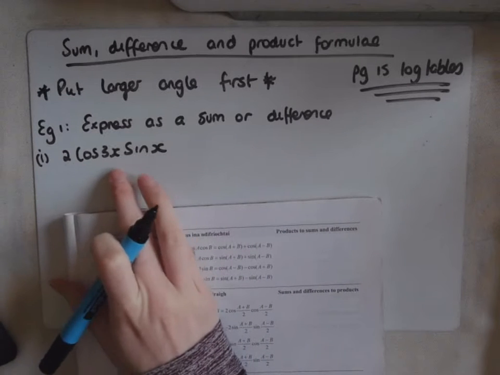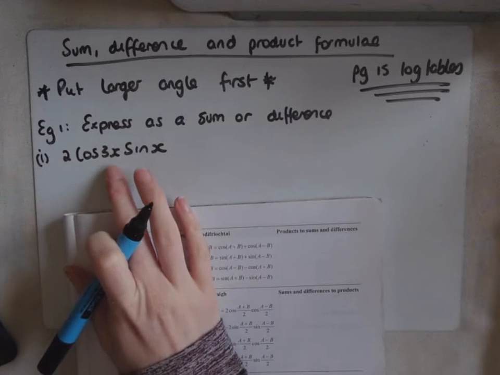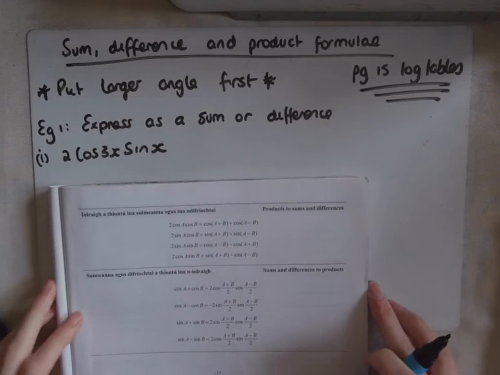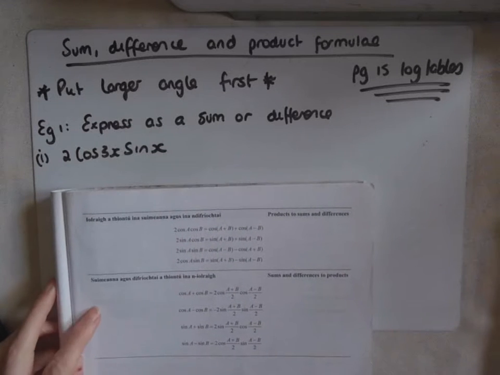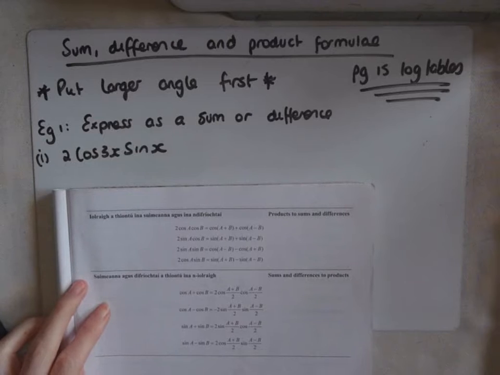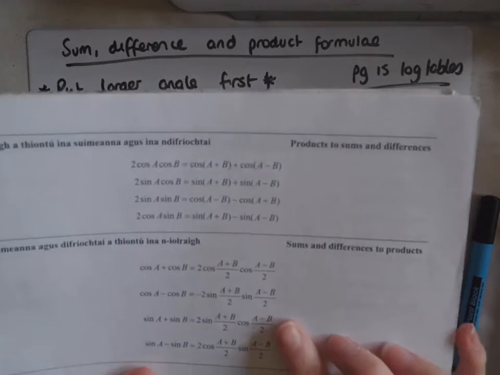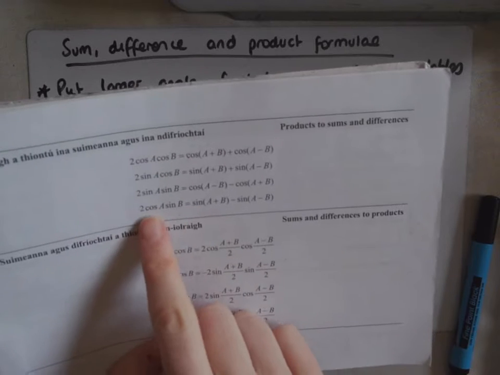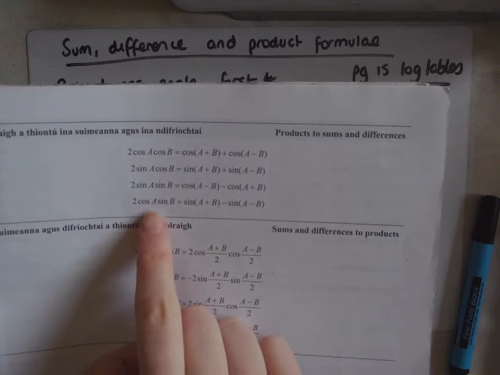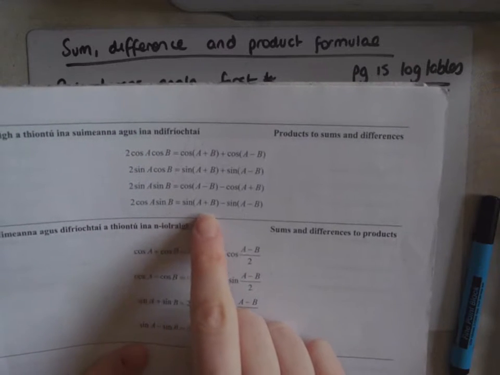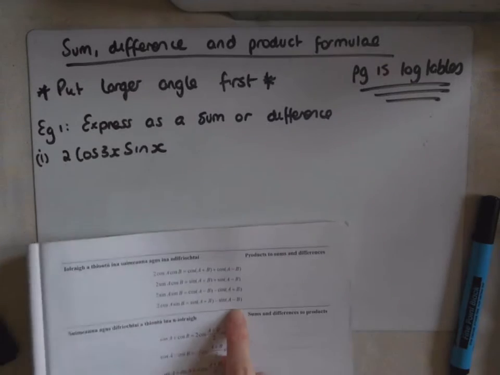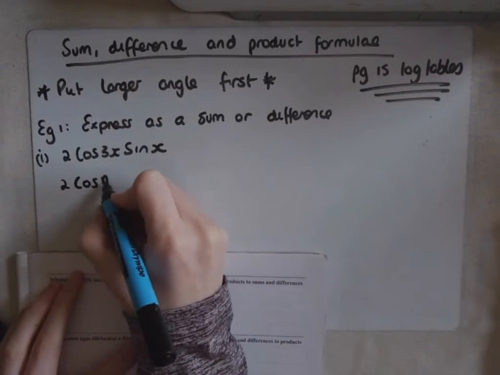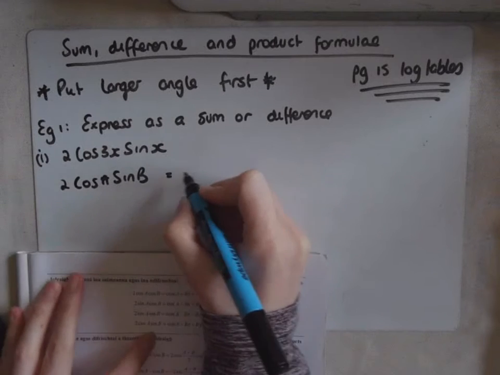So cos 3x is going first because 3x is bigger than x. Okay, now you go to your formula. I'm looking for 2 cos A sine B. So just have a look up there, 2 cos A sine B. So I'm dealing with this one. Alright, so I'm just going to write that out for you. 2 cos A sine B is